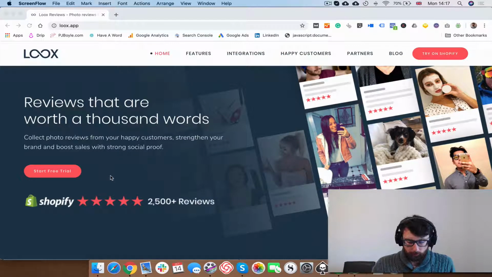Right, so we are here to do another copy edit, and today we're going to look at Loox, which is a sort of photo review service or solution for e-commerce stores. It allows brands to get real life social proof usage photos, if that makes sense. So rather than just saying we're the best producers of product X, you can actually have the people who have purchased your product upload a photo of themselves, and it adds that extra sort of realism and trust element to